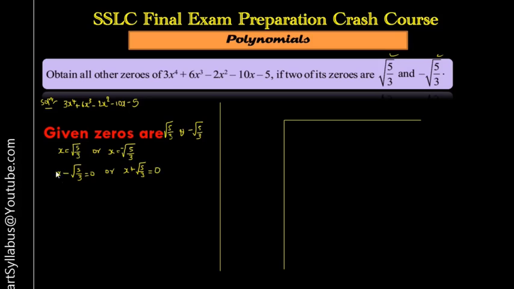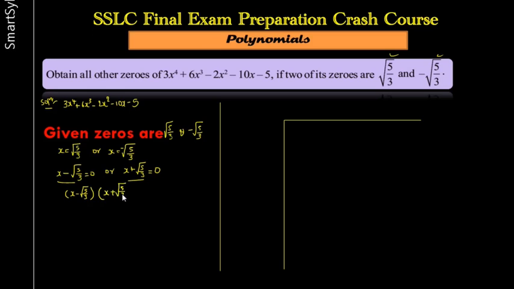So we already discussed this part in the previous video, right? It's like solving a quadratic equation, but we're doing its opposite steps. So this entire thing is 0, this entire thing is equal to 0. So what we'll write now is x minus square root of 5 by 3 into x plus square root of 5 by 3 is equal to 0. It means either this is 0 or this is 0. Now we have to multiply these two brackets.